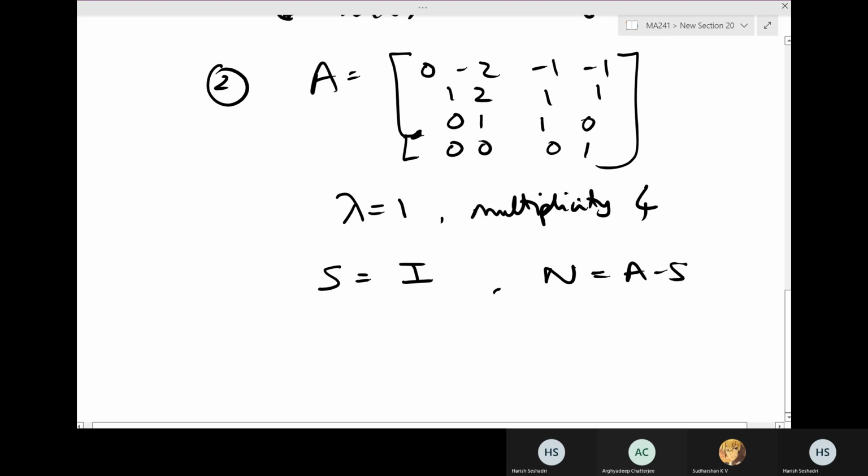But it turns out that now there are three possibilities for the index of nilpotence. N squared can be 0, N cubed can be 0, or N to the power 4 can be 0. And so in this case, it turns out that N cubed is 0. No, actually N squared, N cubed, N to the 4. Yeah, that's right. So it turns out that